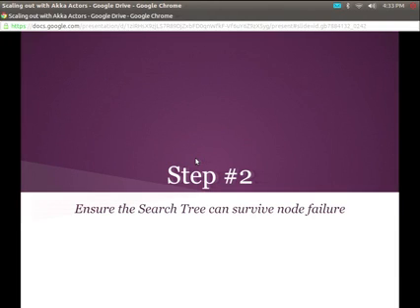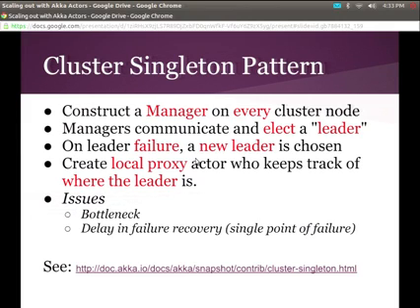All right. So step number 2 is, now we have our cache and stuff running on all these nodes, so we've scaled out part of our system. Step number 2 is we need to have the search tree actually survive failure. So if a node goes down, I need to know to restart it on a different node. So what we're going to use here is what's called the cluster